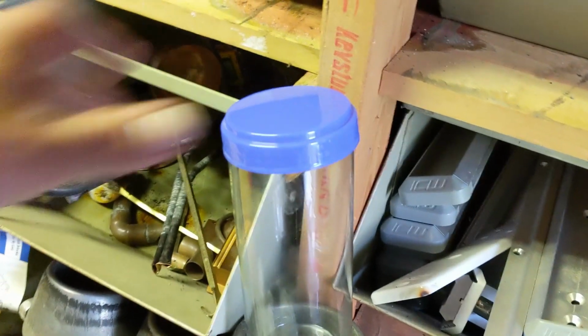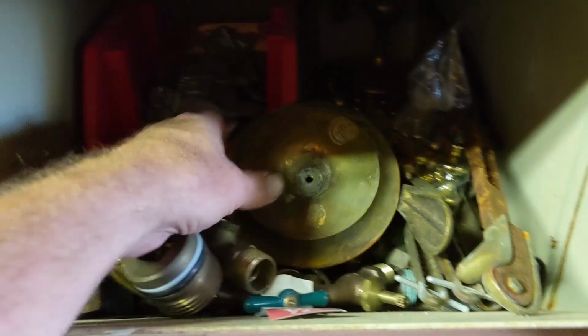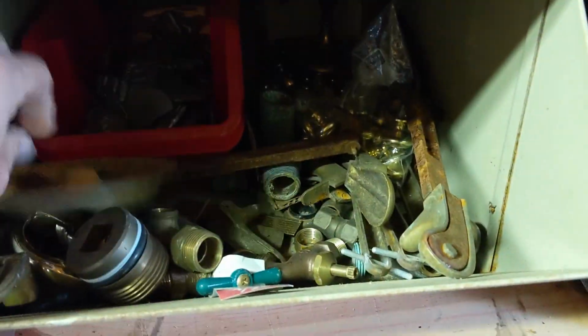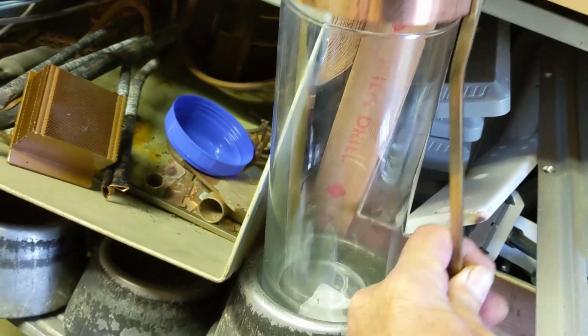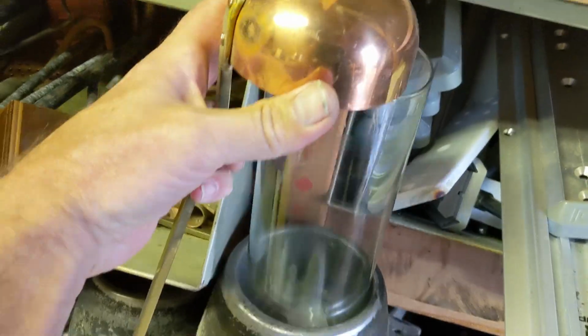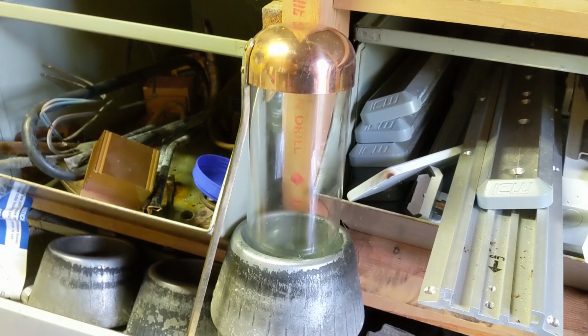It starts off with this glass container from Dollar Tree. Yep, $1. Don't worry, it gets more expensive as we go. As with any build, it's vitally important that you have tons of junk strewn about to increase the probability that you find a nice copper cap like this brass and copper ladle. I guess you could just paint the cap that came with the container, but then why have all this junk,